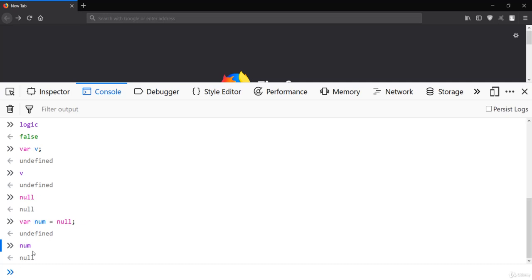This will be discussed in the upcoming lecture, but just remember that we have 2 types of data types in JavaScript. The first one is primitive, which includes these important data types: boolean, number, string, null, and undefined. And the non-primitive data types, which will be covered in the upcoming advanced lecture, are object, arrays, and regular expression. So this is the wrap for this lecture. See you in the next one.